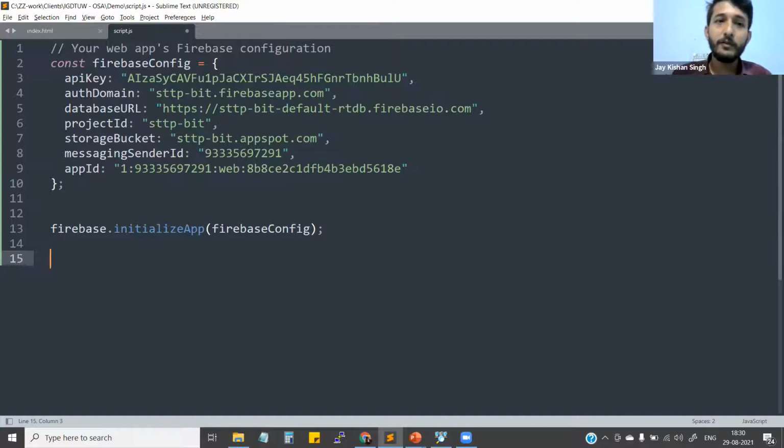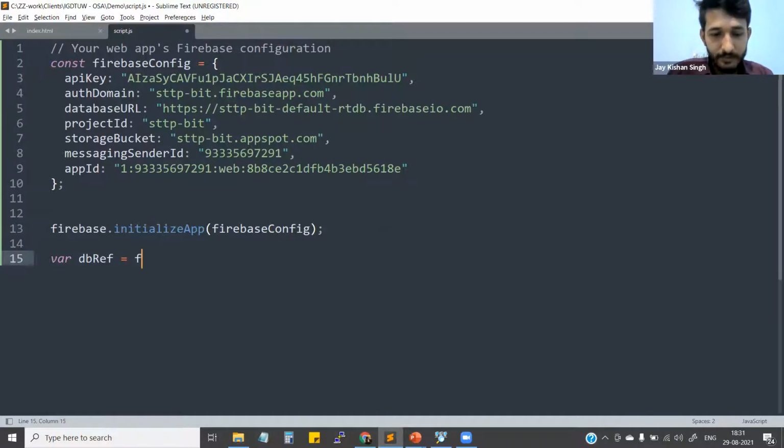I believe every one of you must have learned about the C language. So in C language, if I have to create a variable, I have to write int, float, char, these things, right? In a similar way, in JavaScript I use something called var to create a variable. So I'm just simply creating a variable dbref. This is any variable, like my name is Jess, so I can write variable Jess. This is a simple name. dbRef simply stands for database reference, so it will be easier for me to remember this, right?